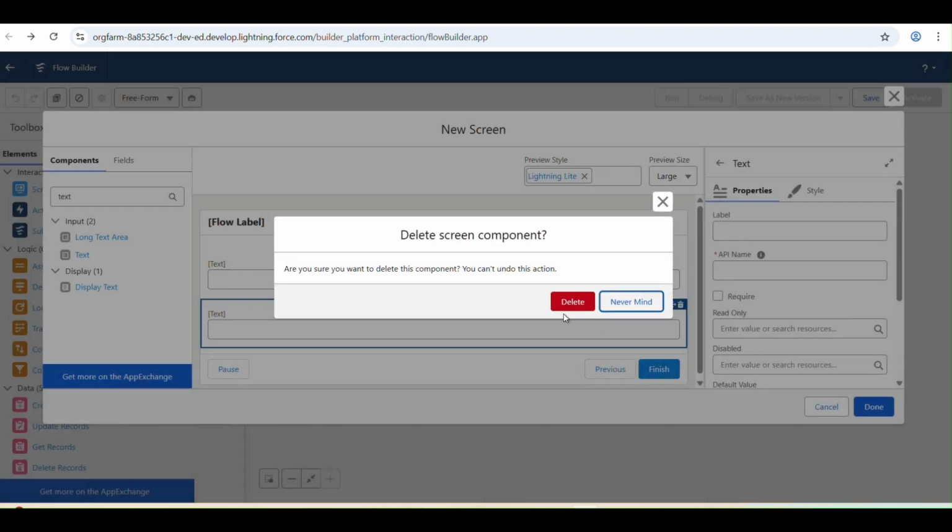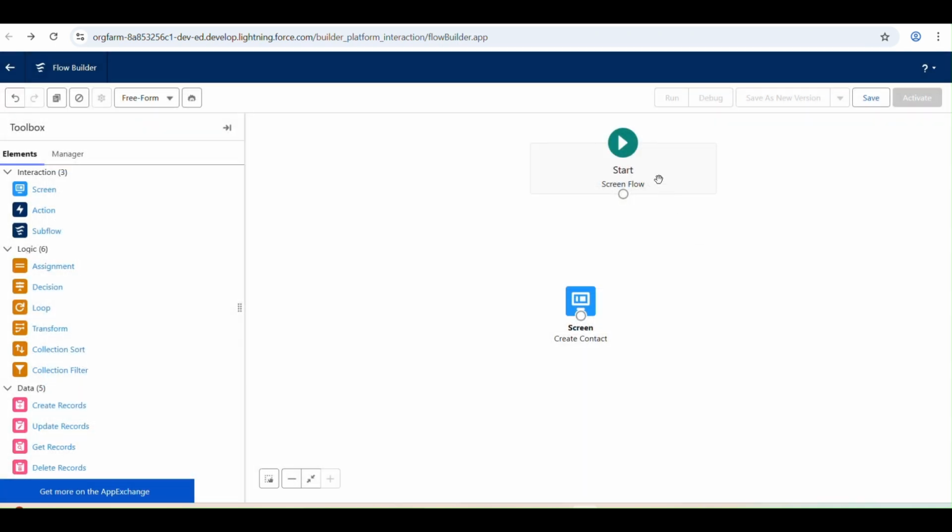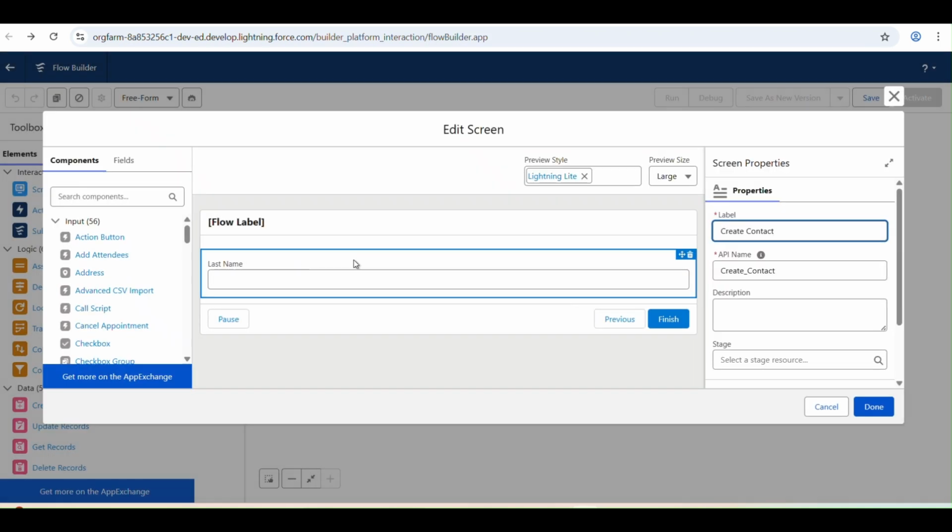In the text field, I'll give the last name as the name of the field, because the last name is the only field which is mandatory to create a contact in Salesforce. So I click on done. I'll connect this screen. Now, this screen would take the input from the user and will help us in